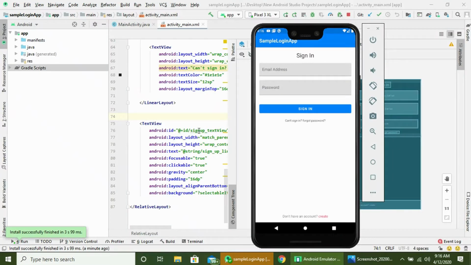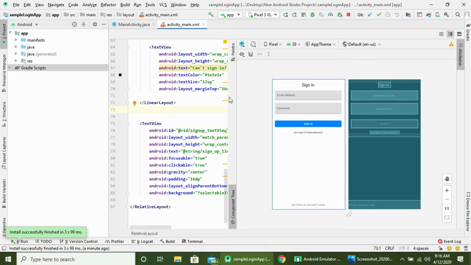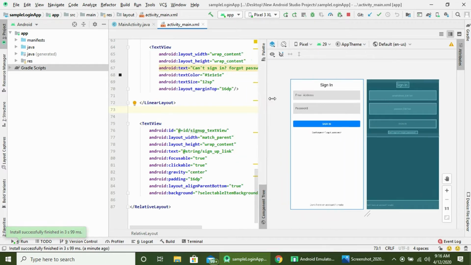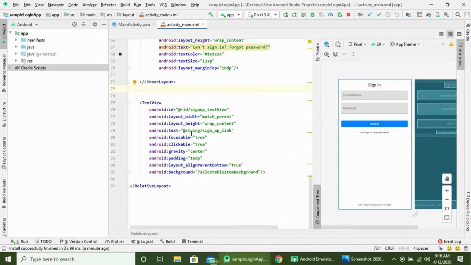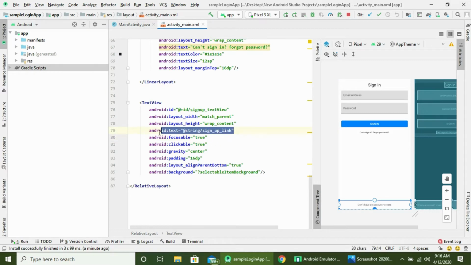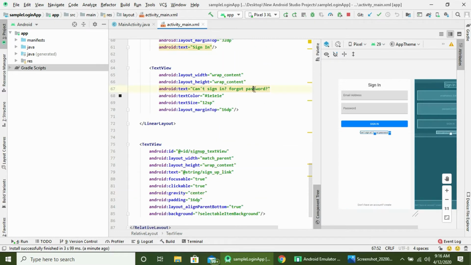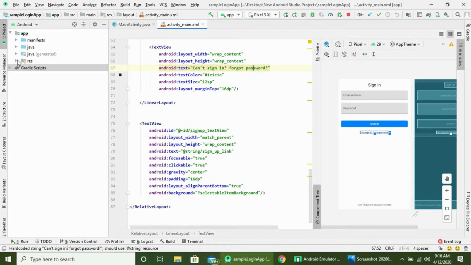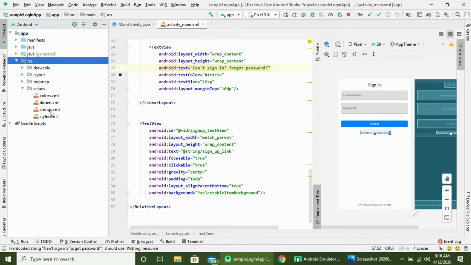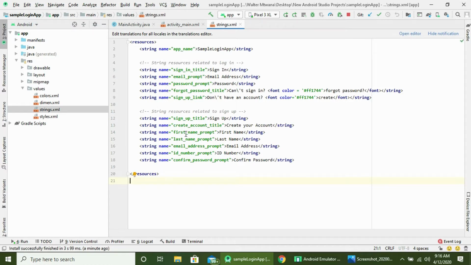First of all, as you can see on my project, it's already colored. And how did I do this? So we can just go back and see how we can do this. Now this is the text view that is colored, and it uses a string reference. In the previous video I had coded a string just like this one, but now I've changed everything. So under res, resources, values and strings.xml,